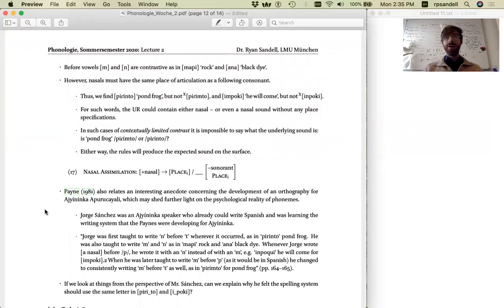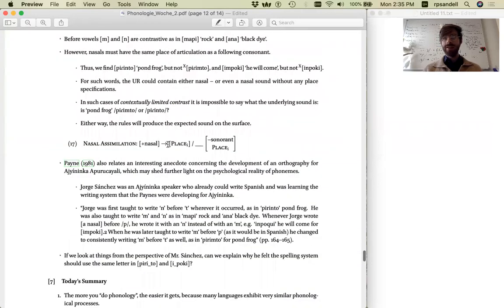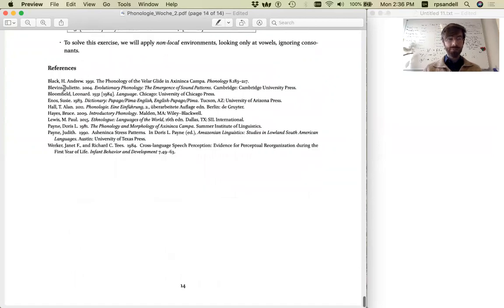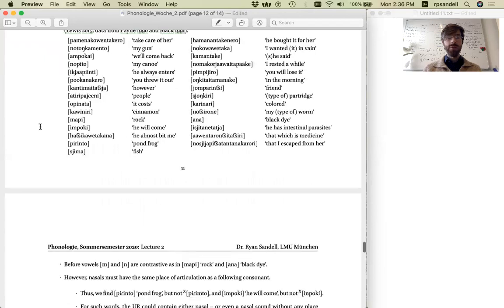Then, on the theme of the psychological reality of the phoneme, in one of the works from which the data on this language come, there's an interesting little story about the development of an orthography for this language, which tells us something more about the psychological reality of these phonemes. So one of the consultants on this language, with whom Doris Payne was working, doing fieldwork for this language,